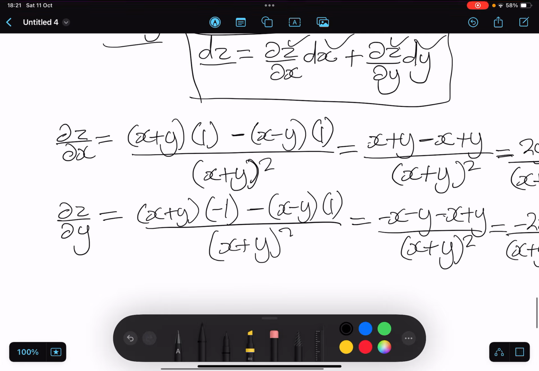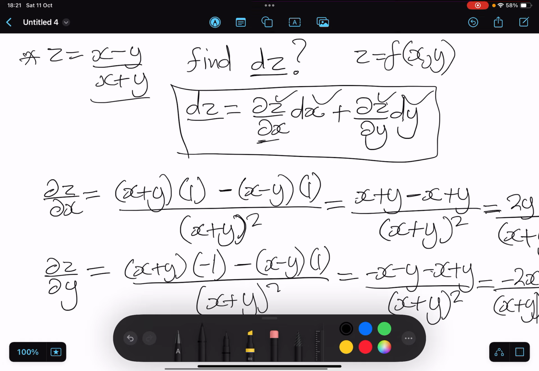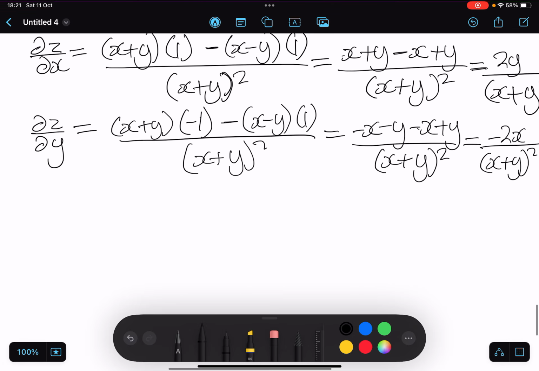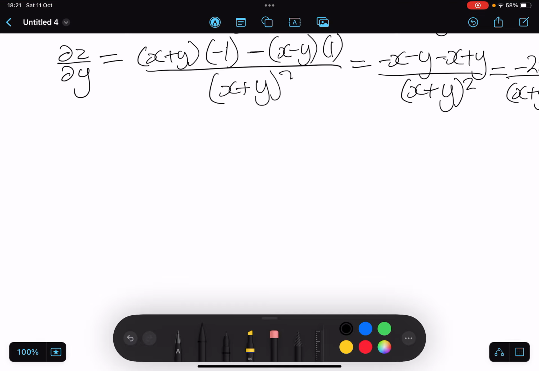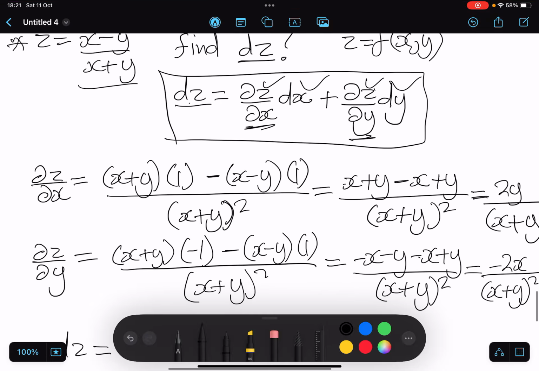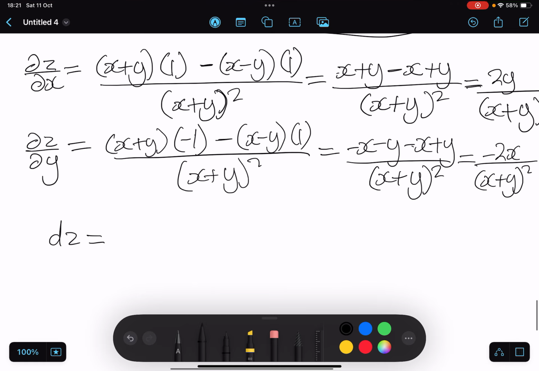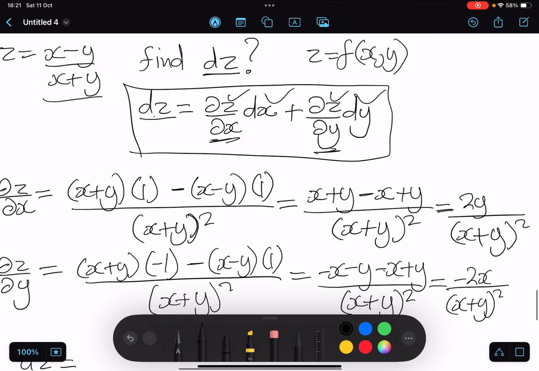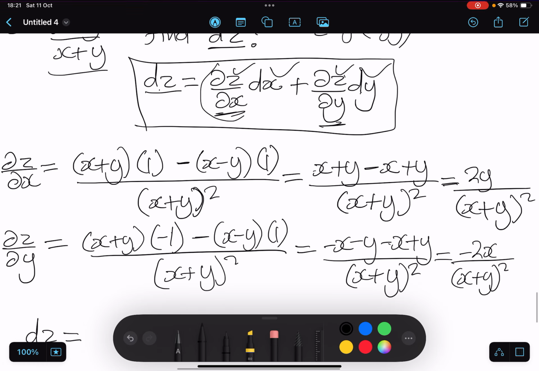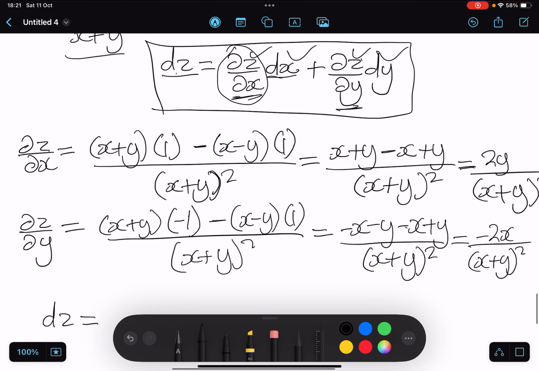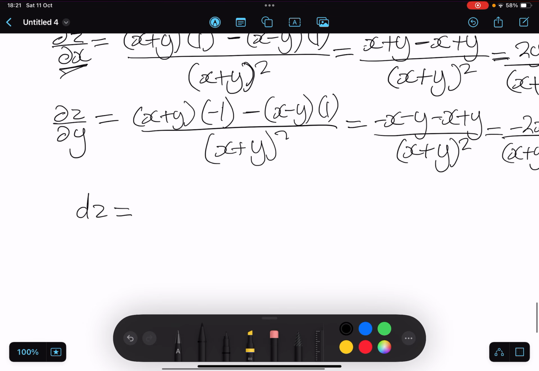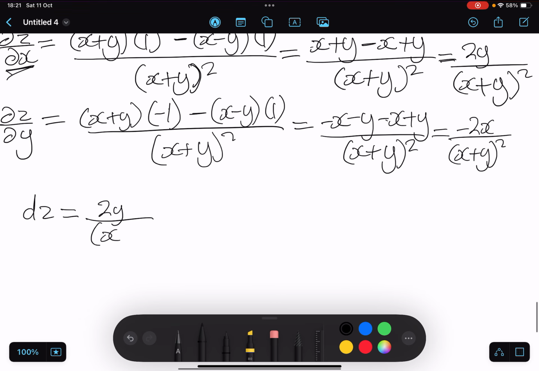This simplifies to minus 2x all over (x plus y) squared, right? So now you've differentiated this with respect to x and y. So you just substitute here to find dz. Your total derivative here is going to be dz equals dz dx dx plus dz dy dy. We know that dz dx, we found it to be 2y over (x plus y) squared,